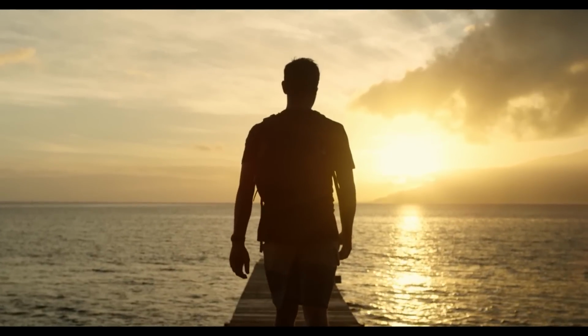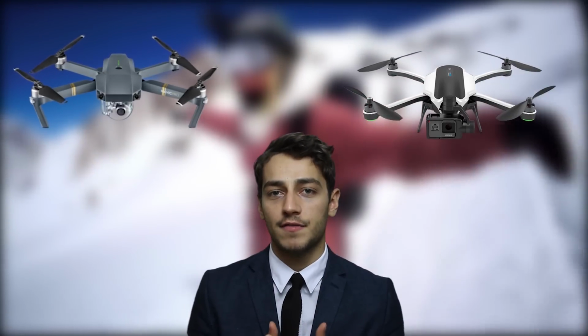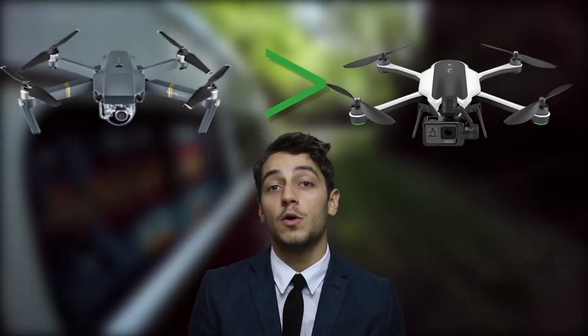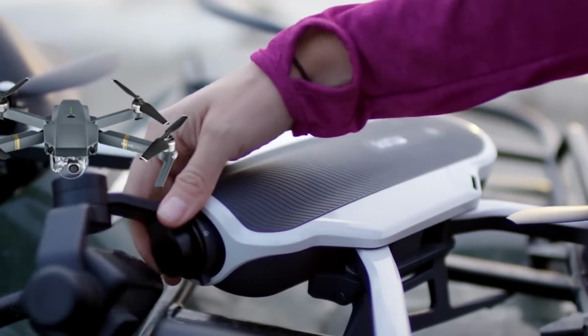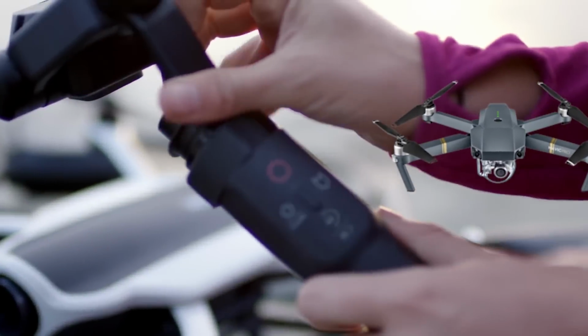As a conclusion, I'd like to give you my honest advice and tell you what I would buy myself. From my personal perspective, the DJI Mavic Pro is better than the Karma. That is just my opinion, but I also recommend it to you because of the reasons I stated before. However, if you really like the Karma grip that much, you can get it separately and also buy the DJI